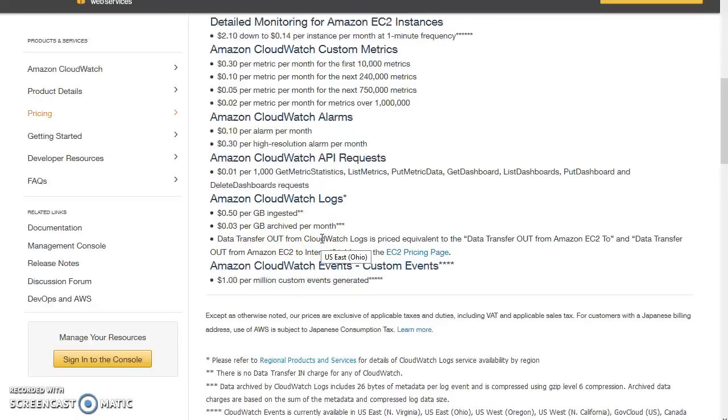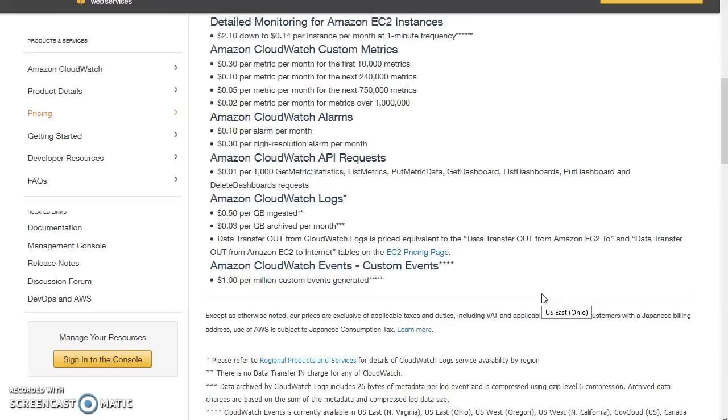Understand, because CloudWatch is a region level service, if you are sending some logs to CloudWatch, of course the EC2 instance is also going to be in the same region. So from the EC2 instance, data out is happening, but because it is happening to CloudWatch, for the CloudWatch data coming in, there won't be any charge. And in the same way, because data is going out within the same region, there won't be any data out transfer charges from EC2 as well. Now, if you move data out from CloudWatch to somewhere else in order to use it, then of course you need to look at the data out charges, and you'll have to pay for that.